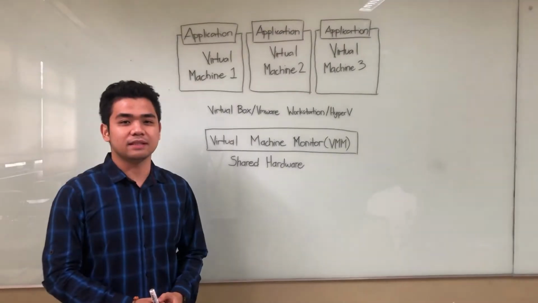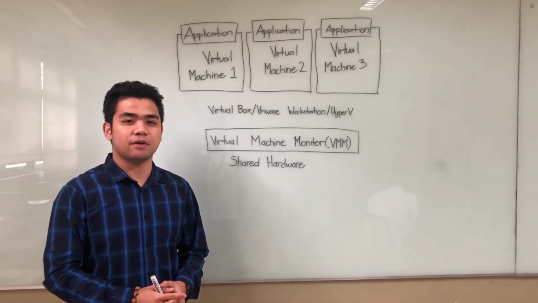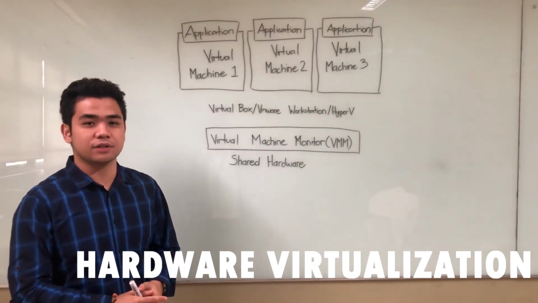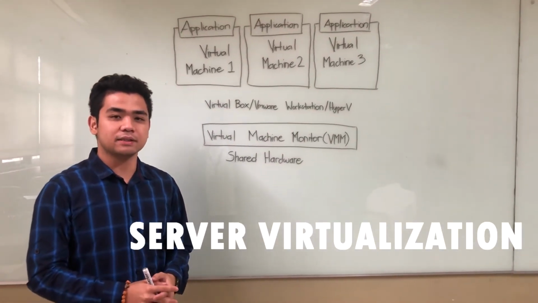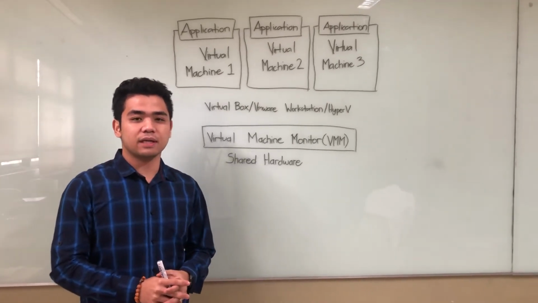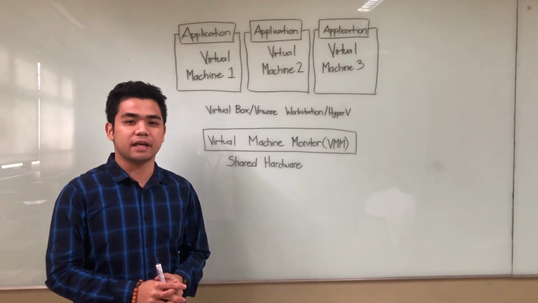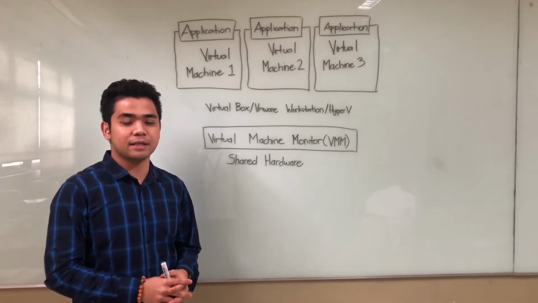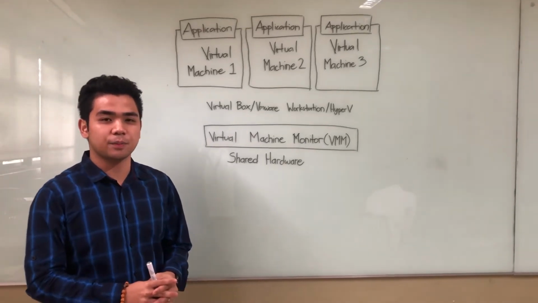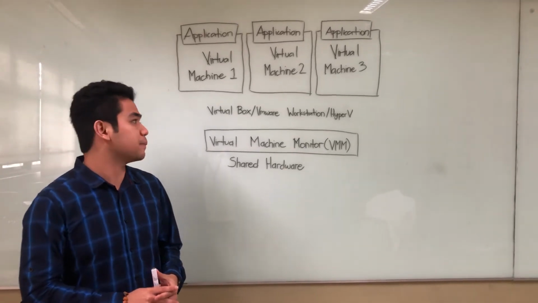So before we proceed, there are also known types of virtualization. One is hardware virtualization, or server virtualization. It is also known as the virtual machine. Why? Because hardware virtualization is nothing but creating a new system on an existing primary system via virtualization, and it acts as a computer within an operating system.